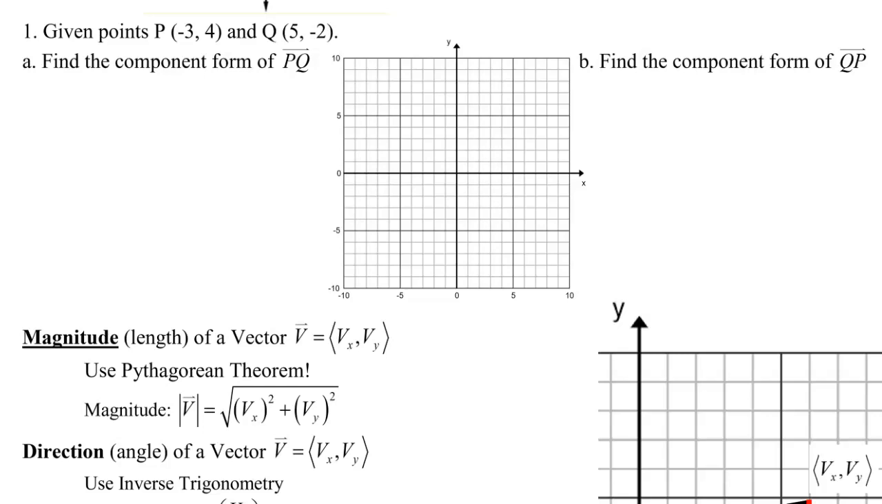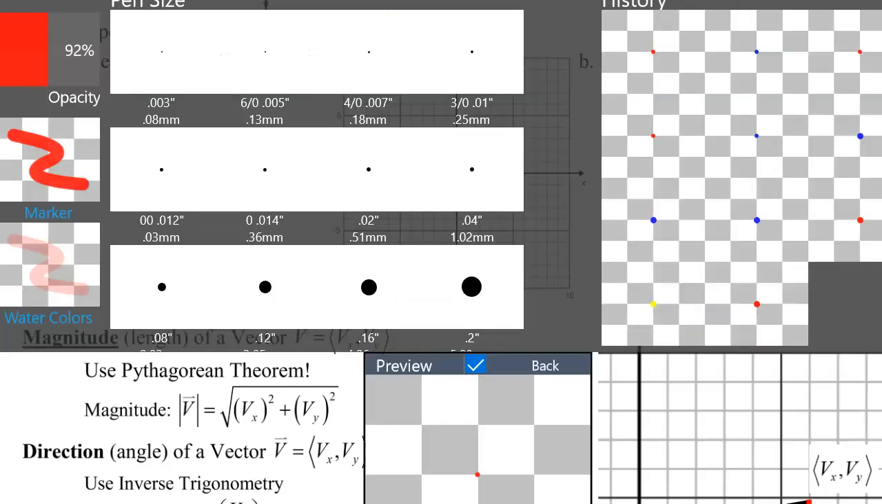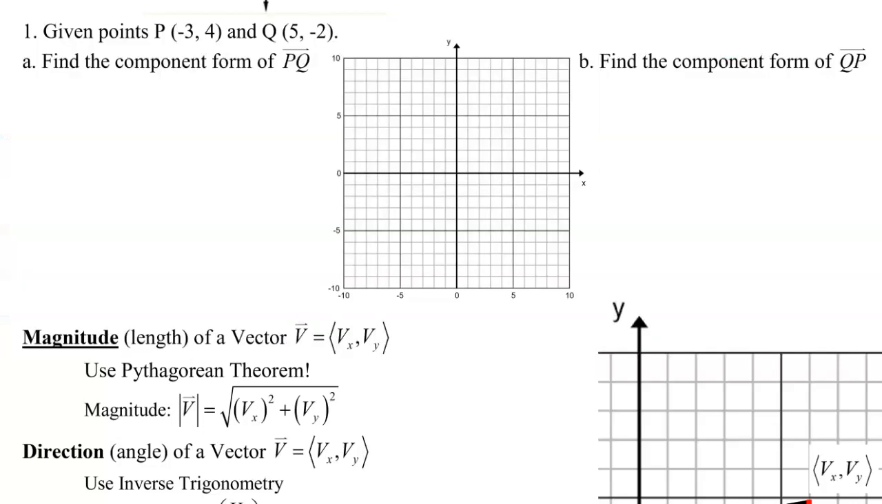Okay, I'm going to draw the vector PQ using the points -3, 4, and 5, -2. I'm going to change it to black. So -3, 4, and then 5, -2, and I'm drawing it here to here. That's point P, that's point Q,